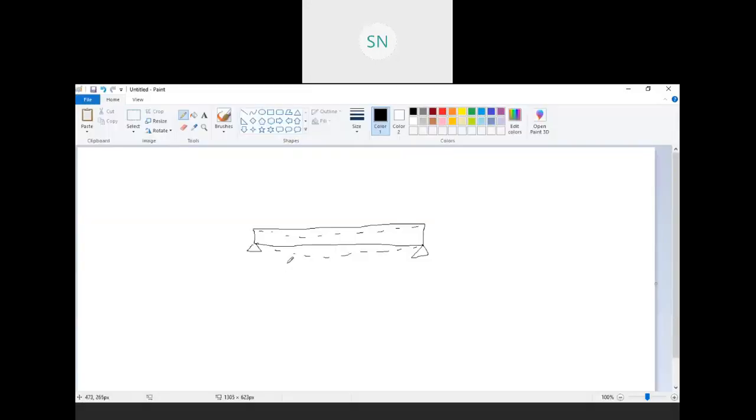When we apply a load, it will be like this. Are you able to see my screen?